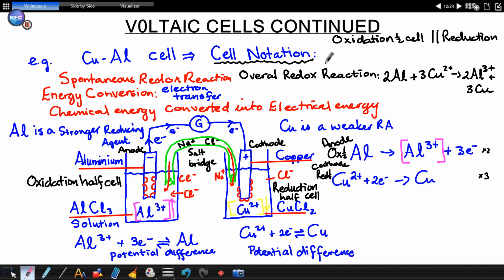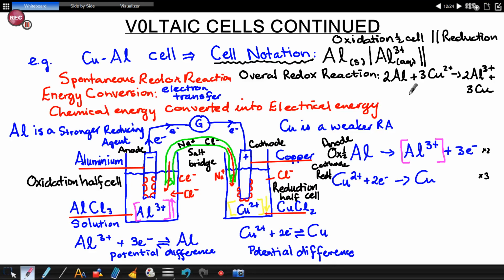And we start off with the electrode, because what happens here is aluminium is being oxidized to aluminium 3+ ions. So I start off with my electrode, and it is a solid, and it changes to aluminium 3+, which is in aqueous solution,